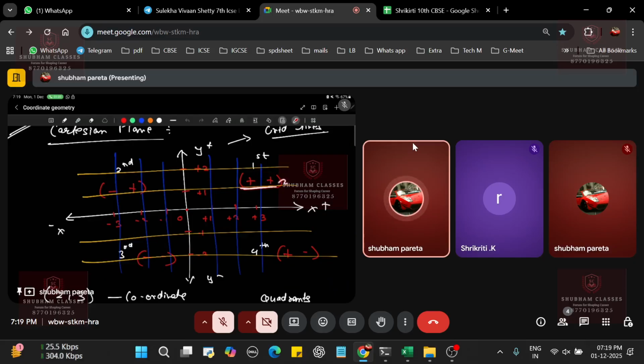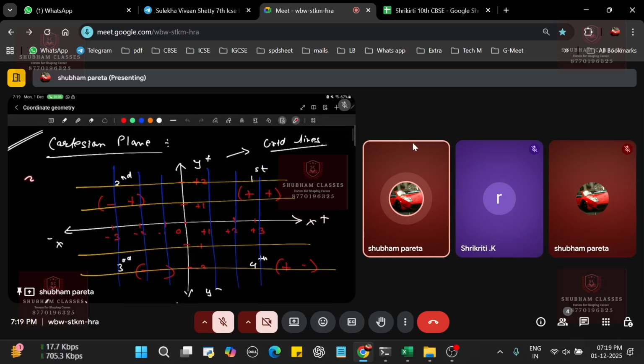In the first quadrant, whatever the quadrant you are writing, it is in the format of x and y over here. It is positive and positive. The first coordinate is x, other coordinate is y. You can never write in the form of y and x. Okay, it is always wrong. Always write it down in the manner of x comma y over here. You're getting the point what I'm saying?